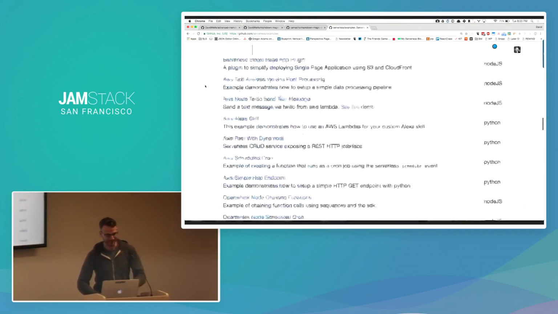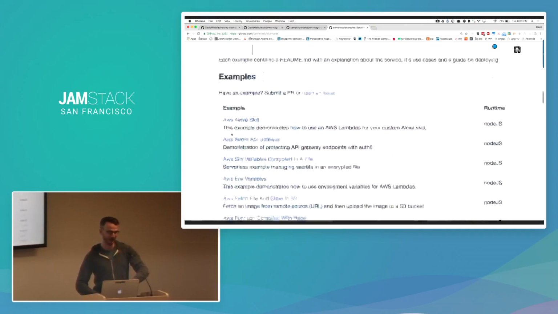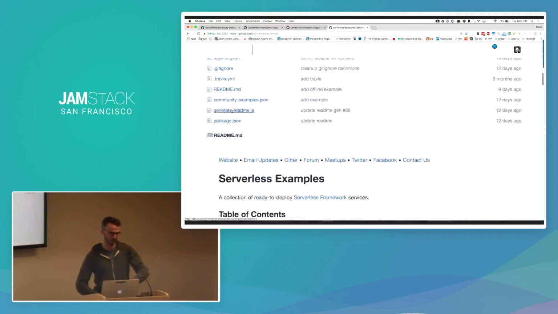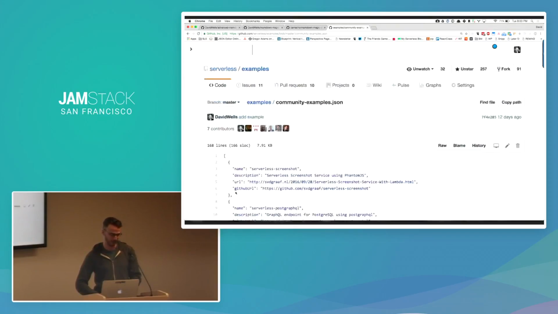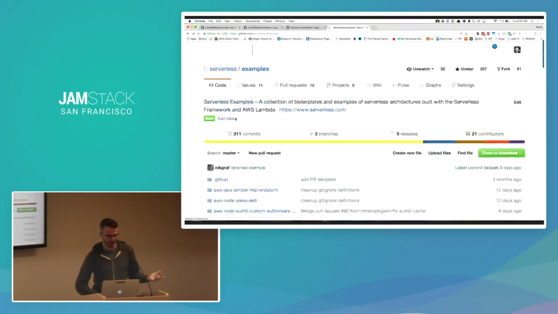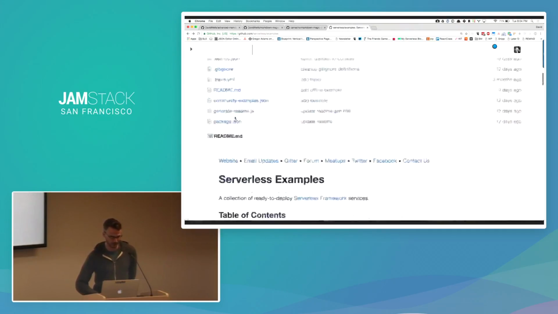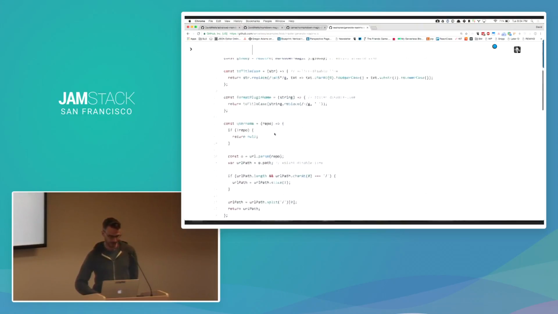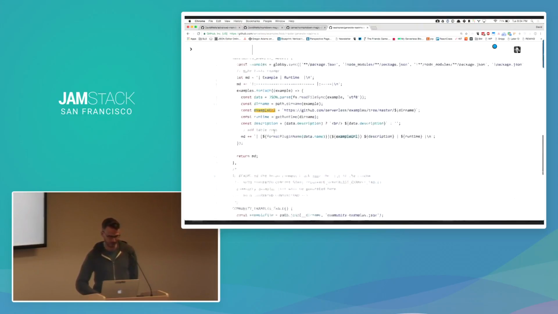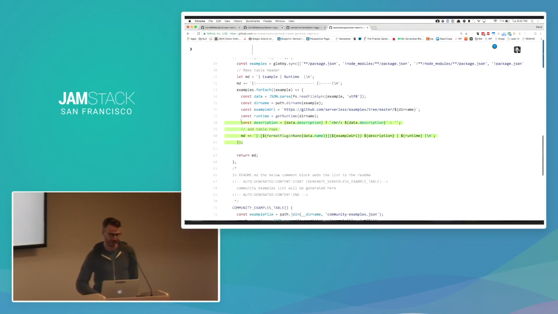But basically, these docs are generated from just a JSON file in this repository. So community examples, because we want this data not only in our README, but we also want to consume this, let's say, on our site to show community examples or pipe this in Algolia or whatever. So we wanted it in a consumable data format, aka JSON. And then basically we just have a generate readme.js file that pulls it in. There's a couple of helper functions, and it just generates a table, and it's just spitting out the actual